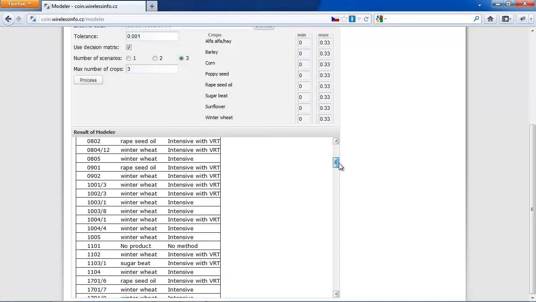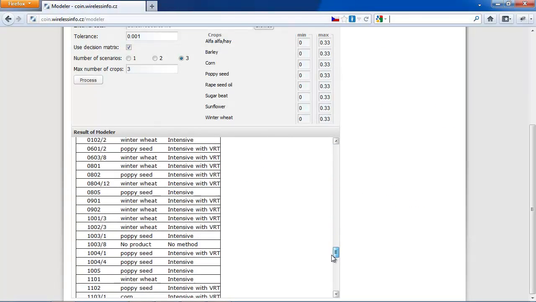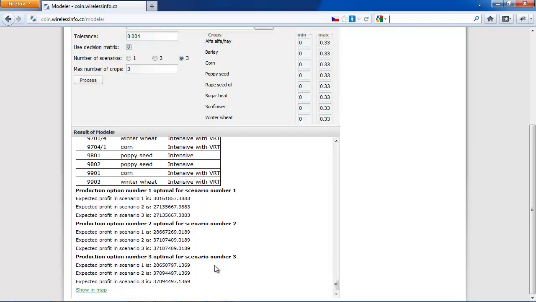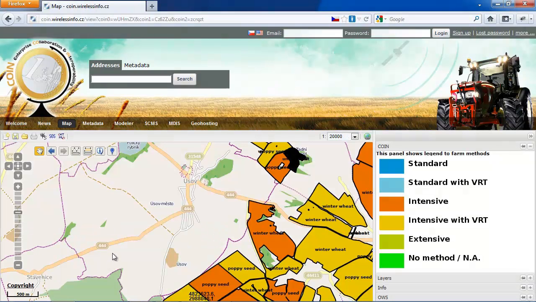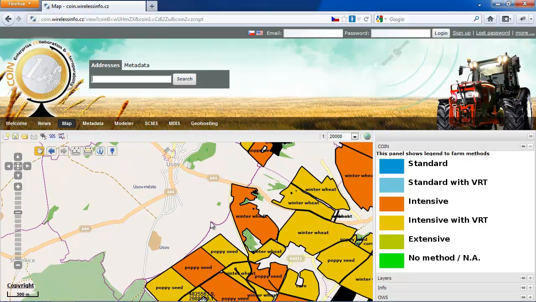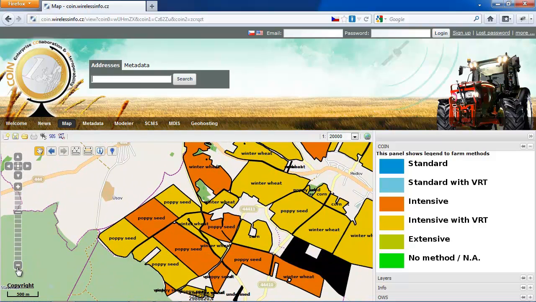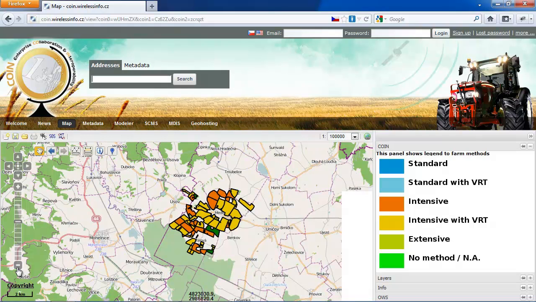After the optimization process has finished, you can see at the end a link to the map. If you click it, a map window will be opened and you can see data from the optimization in the map. On the right side you can see the legend of these methods.